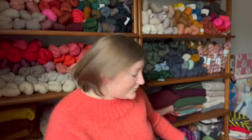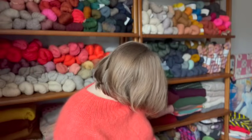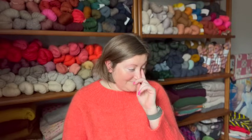This whole shelf down here has become my sock yarn shelf. I have a lot. I have a lot of sock yarn. Oh goodness. Okay. I think there's just two more. So this one,